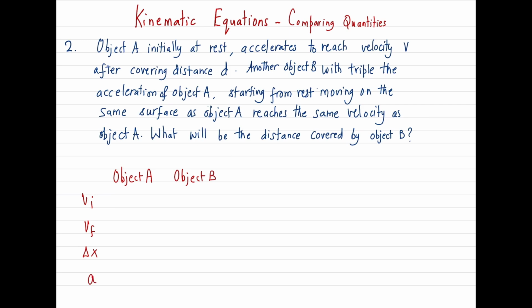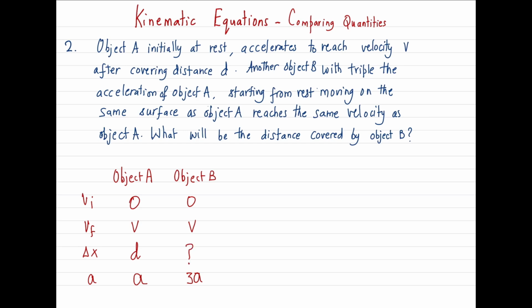Okay. Object A initially at rest. So object A is at rest, accelerates to a velocity V after covering distance D. So it reaches a final velocity V after covering distance D. Another object B with triple the acceleration of A. That means if I take this as A, this is triple, so 3 times A. Starting from rest, so B is also starting from rest, and moving on the same surface as object A, reaches the same velocity. That means its final velocity is the same,